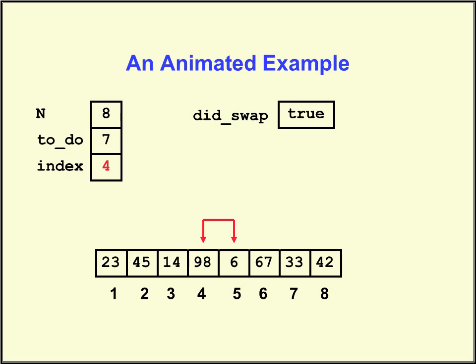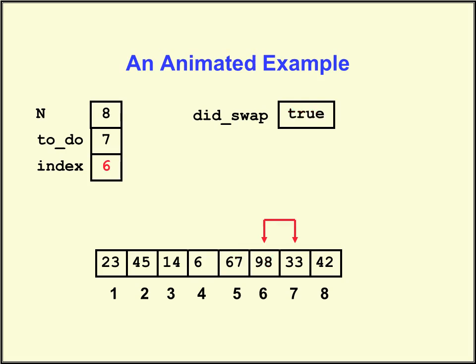So we again check whether 98 is greater than 6 or not. 98 is also greater than 6, so swapping will occur, and the index values of 6 and 98 will be changed. After that we start the comparison from the fifth index value. Again at the fifth index the value is 98, so we check whether 98 is greater than 67 or not. 98 is also greater than 67, so swapping will occur, and the index values of 67 and 98 will be changed.